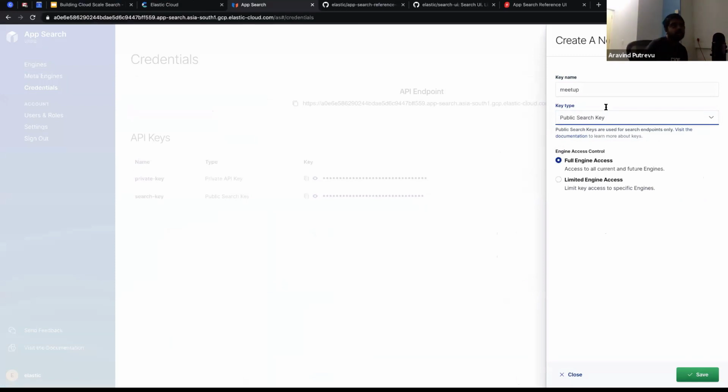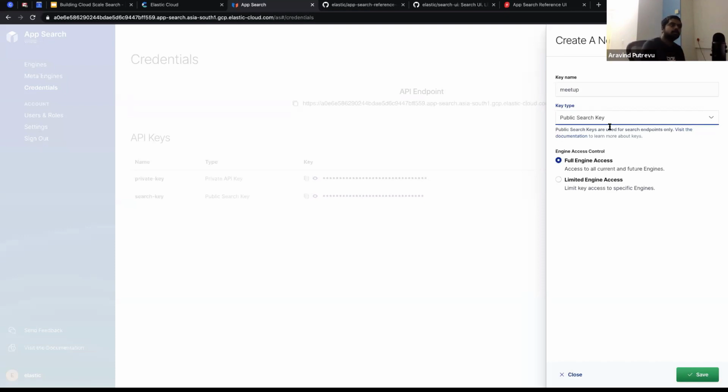This key you can share with the client, where the app that you are building on top of App Search can be given, and they will use it to search, so that it's well protected and nobody will be able to delete the documents in the engine through the API.